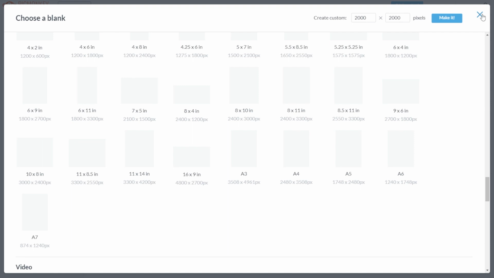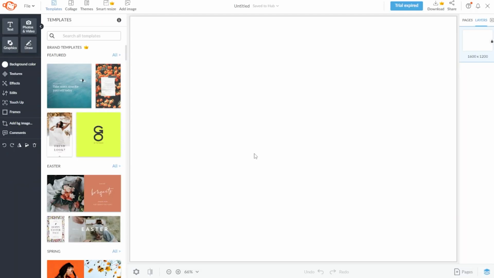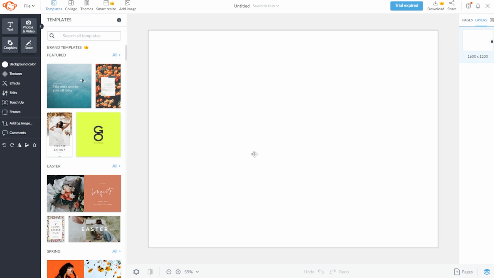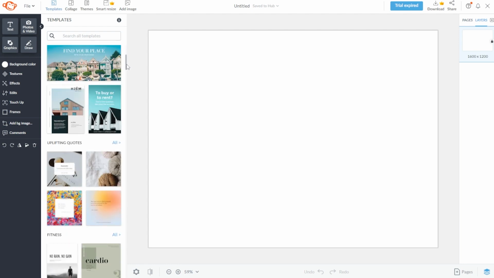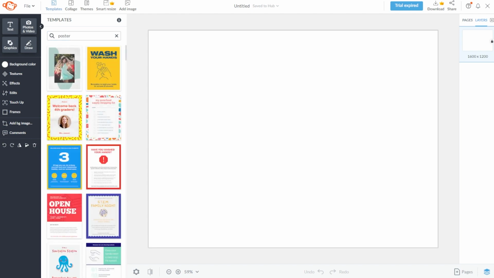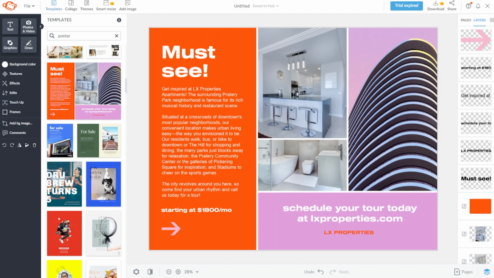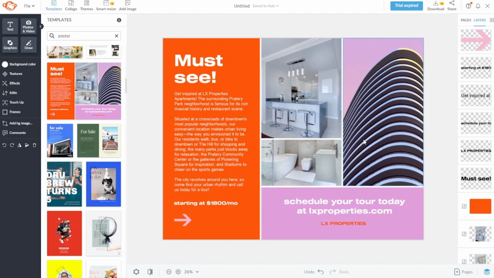You can also start with a completely customizable template to make the design part easier for you. To do this, go to PicMonkey's homepage, click the Edit New Image button, and select Templates. This will open up PicMonkey's editor with the Templates tab open. You will see thousands of free and customizable poster templates to choose from. Simply type in the keyword poster. Once you've decided which template to use, you can use PicMonkey's easy-to-use design tools, graphics, images, and text to make